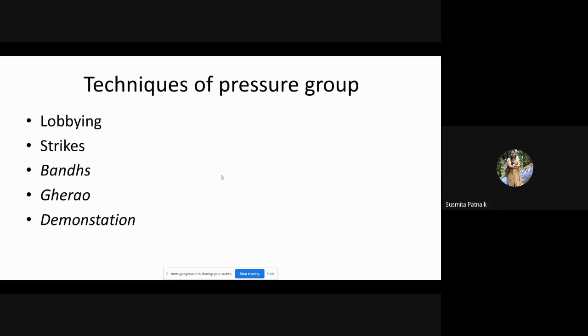Sometimes the pressure groups will appoint some member from among themselves to be a member of the